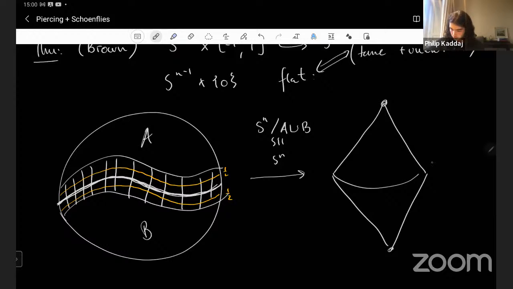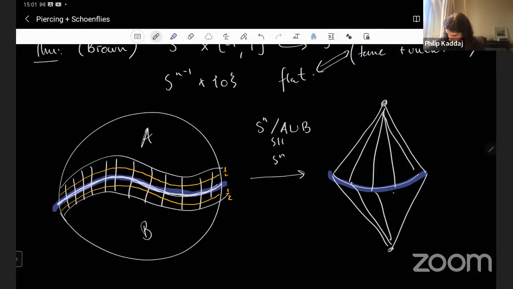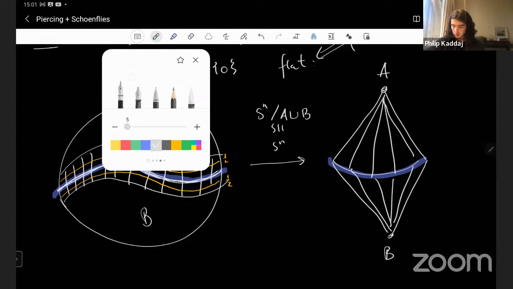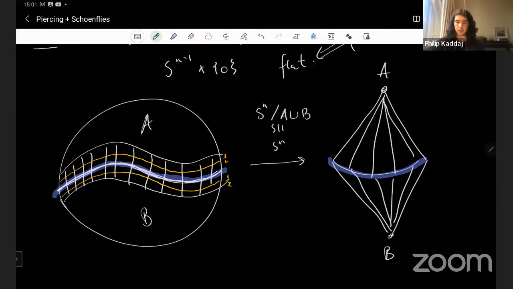And so then we just need to modify our proposition slightly. So we talk about balls instead of spheres. And this can be done by excising